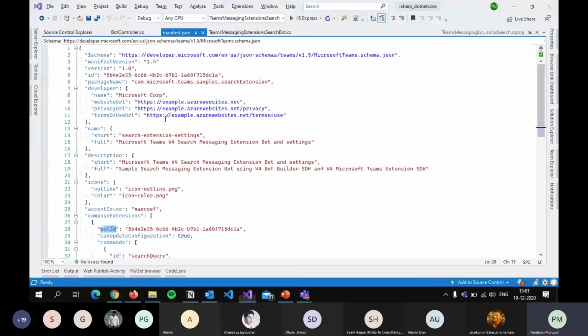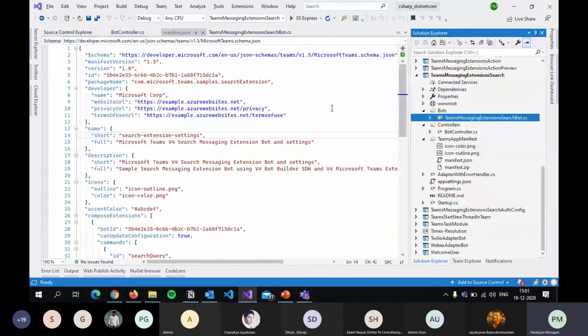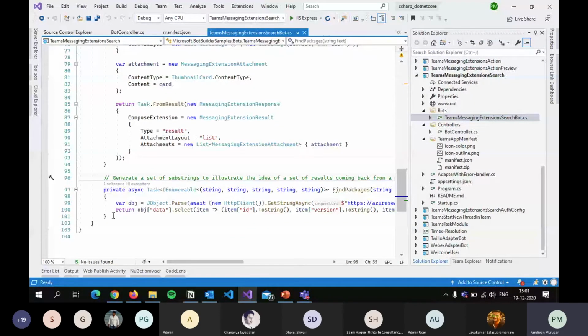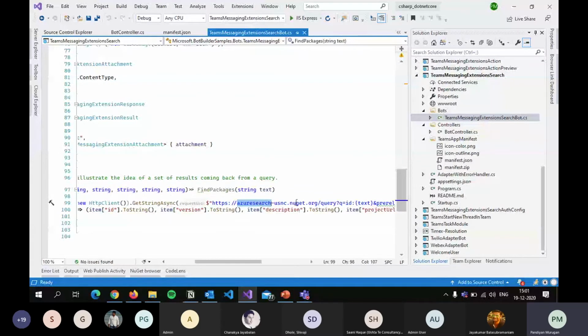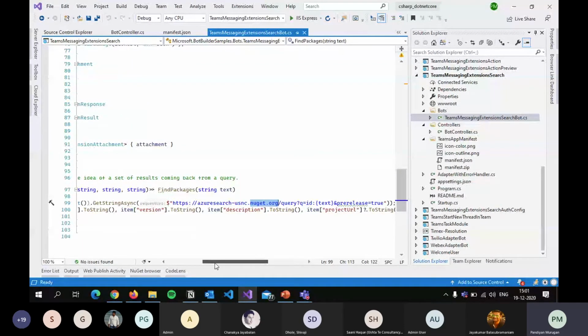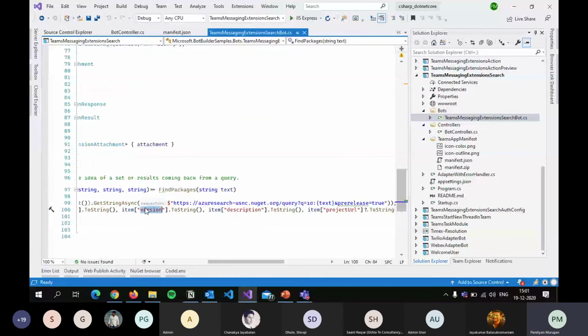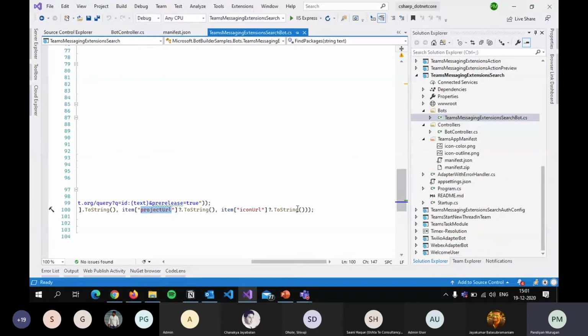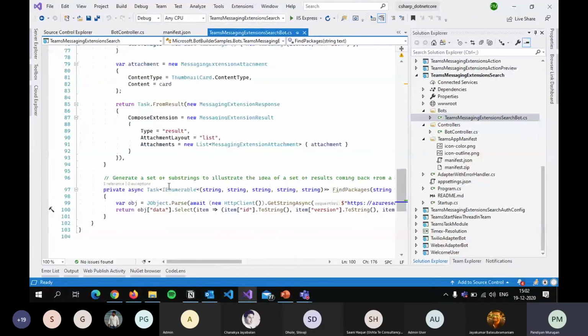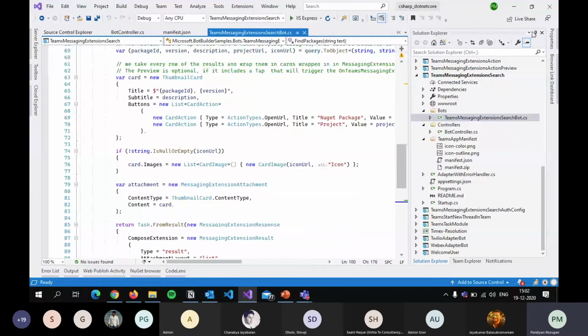In the meantime, I'll just go through the parts here. Basically, this particular code has only one method to find packages from the internet. It is searching the NuGet website for the DLLs or packages that have been hosted. It will provide a few pieces of information in the object, and we are framing that object into version number, description, and the project URL, basically some website URL, and the icon picked from the real-time data. After that, it has been created as a card here.